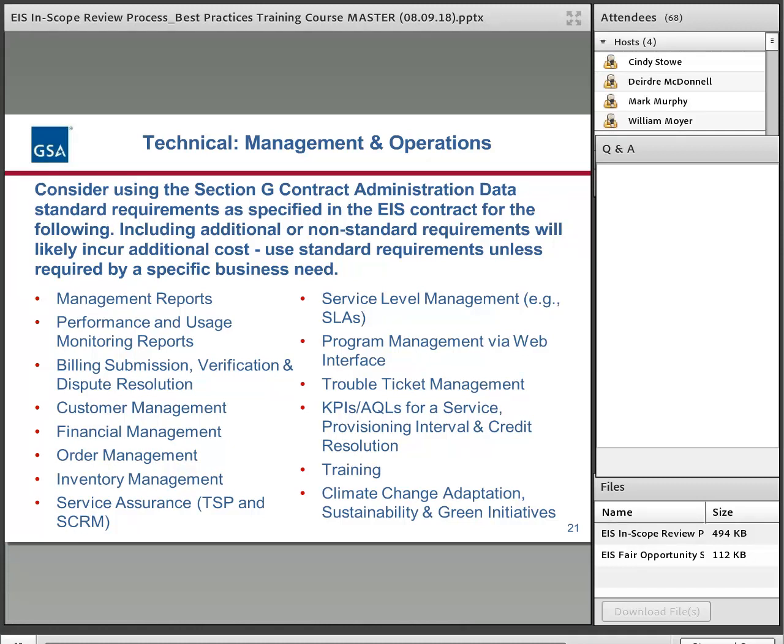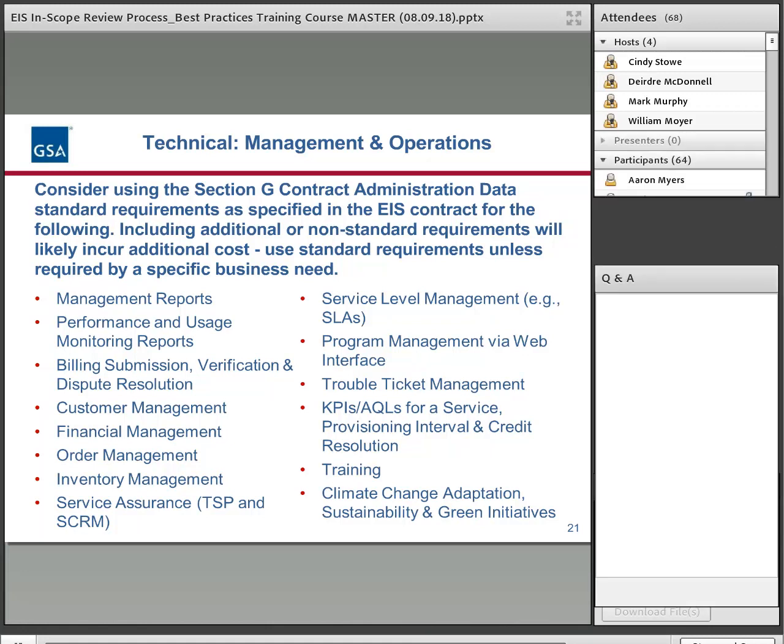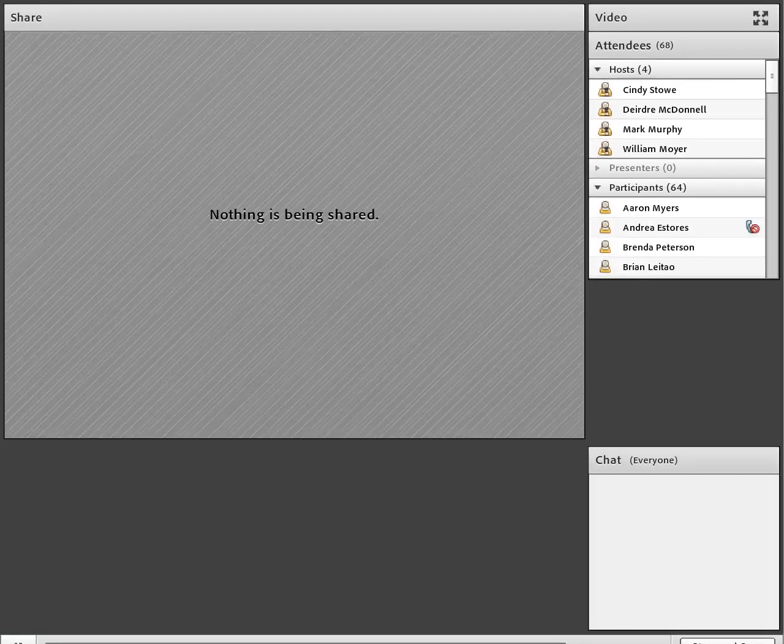There's SLAs involved here and how to measure them. So we highly recommend that you review these, and they come along with your task order, and you may not need to create your own on these. And then, so that's the tech review, and then we move to the price review.